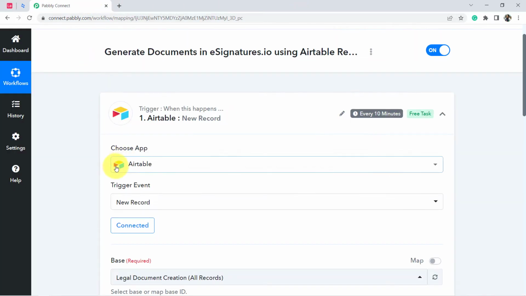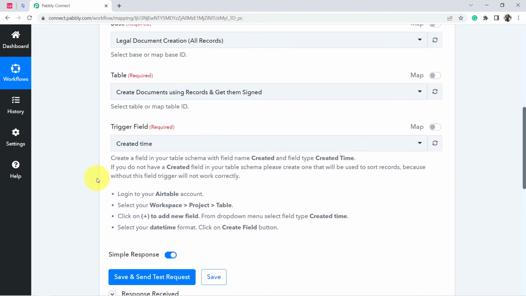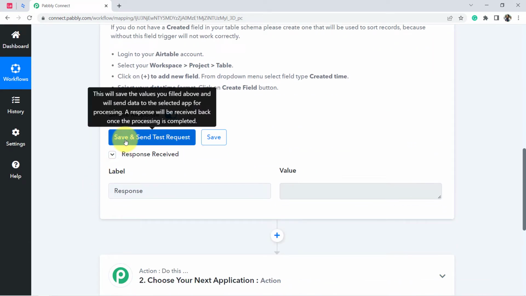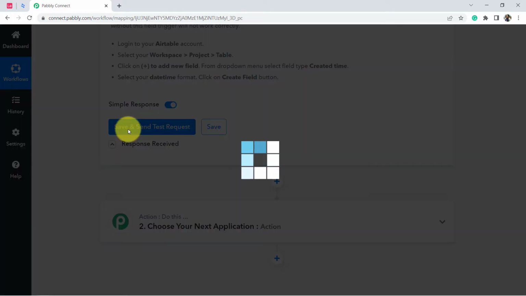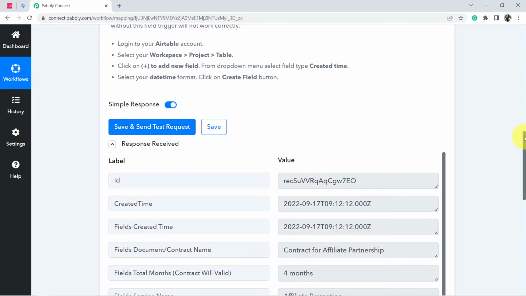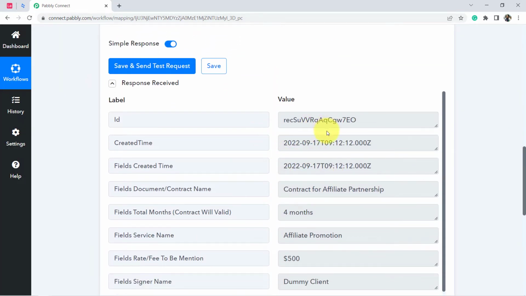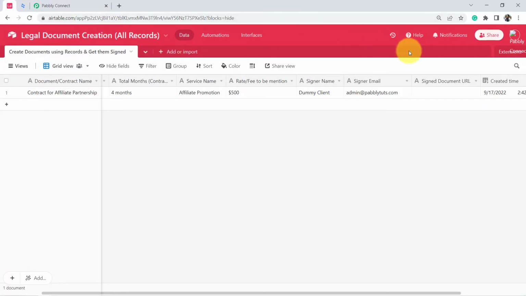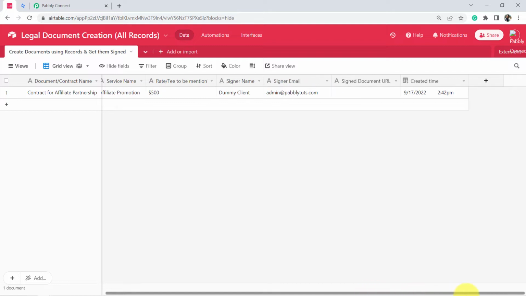Now I am going to click on the save and send test button once again, and you will see that the response will be captured here. You can see the response is received, and let me show you the details one by one. This is the created time. Let me cross check this particular time. Yes, it is the same time,